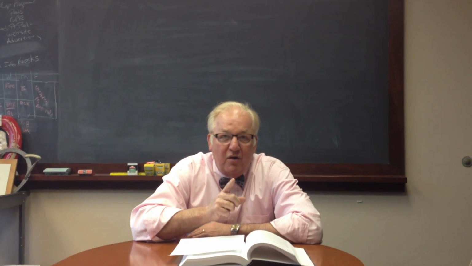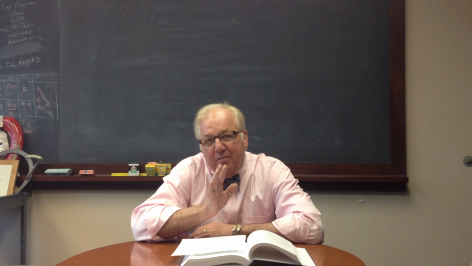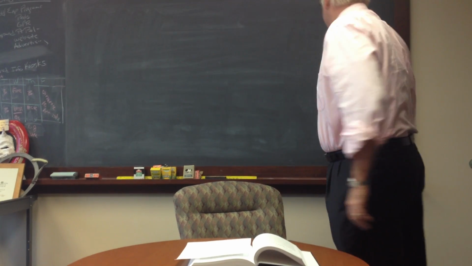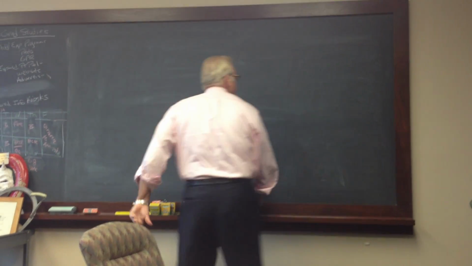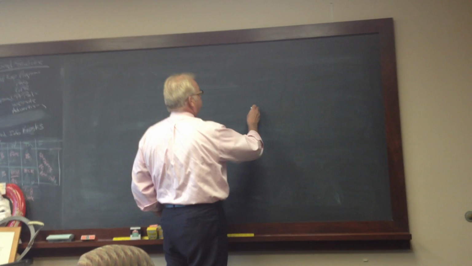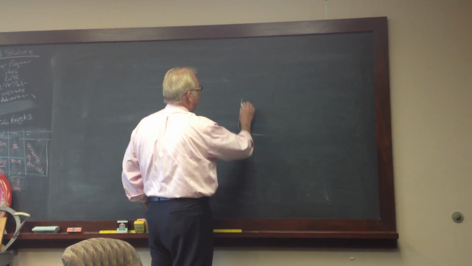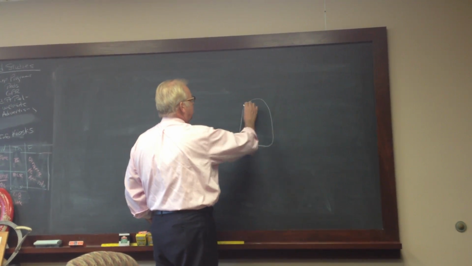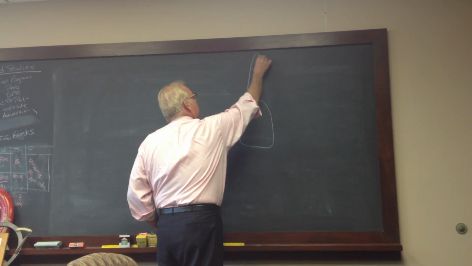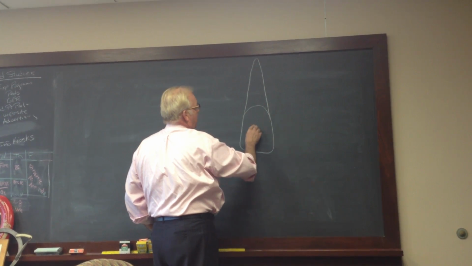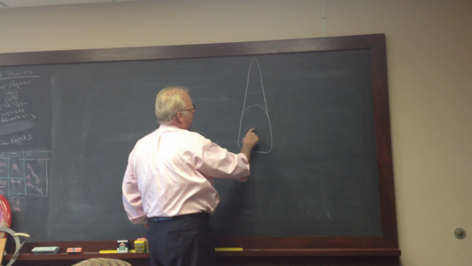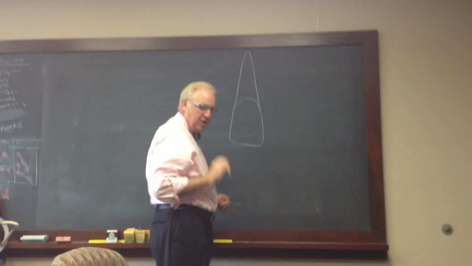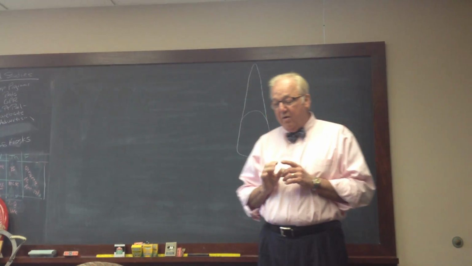So why don't we start first by talking about teeth and talking about the periodontal ligament. So I'm going to go back to the board here, and we're going to draw a tooth. And let's just take an upper central incisor. We have the root. Obviously here you know from your dental anatomy you've got the crown and you've got the root. Now, the interesting thing about teeth, and you're going to spend almost your whole career now working with teeth,